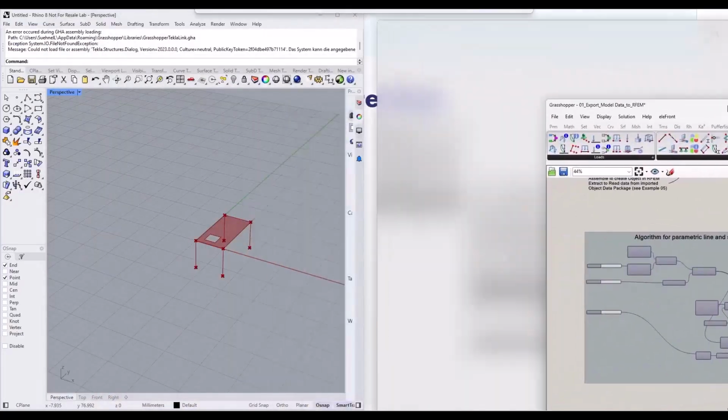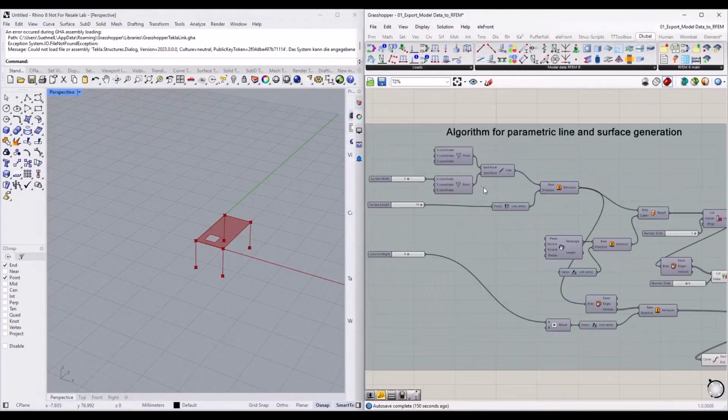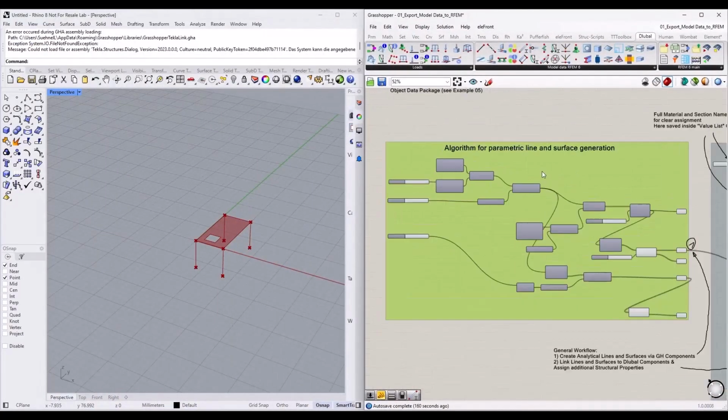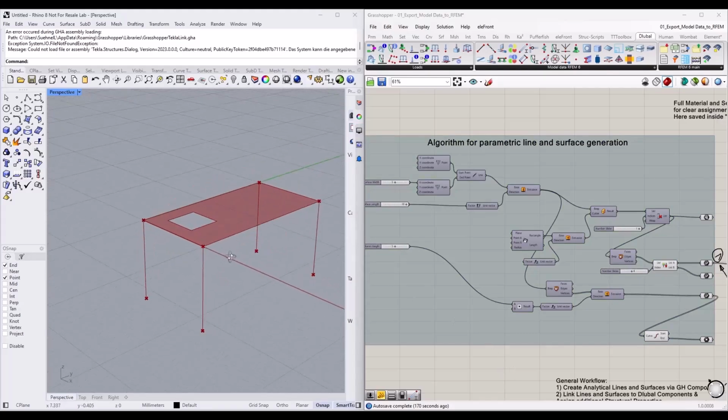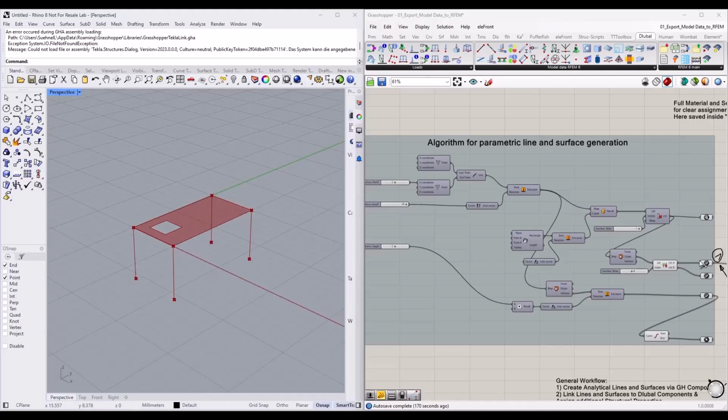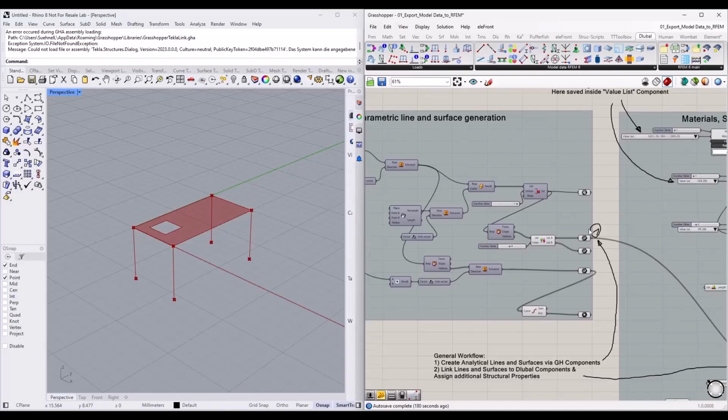Let me show what I did. I have here a group which represents native Grasshopper components. So that is all components which are basic in the Grasshopper program. I create just a little structure here, a couple of columns, a slab with an opening, and I collect